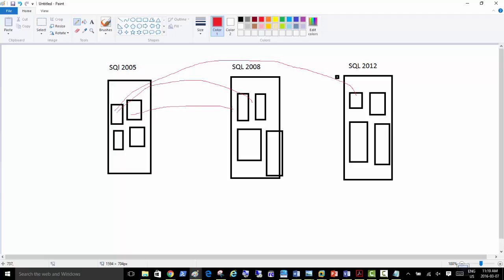So all the databases, because they are working simultaneously in the same network environment, you can easily migrate them from 2005 to 2008, and then finally just get rid of 2005. Now everything is in 2008, then you can start migrating everything from 2008 to 2012.